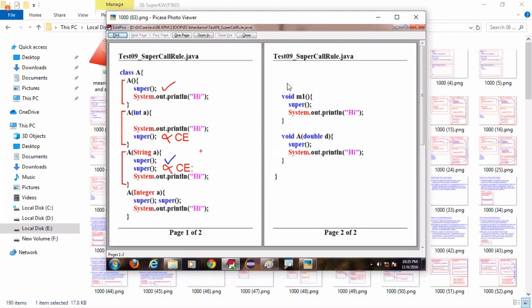Hey, you cannot place super parenthesis as a second statement. I'm not talking about single line, first line. I'm talking about second statement. A statement ends with a semicolon. Now, first SOPL, first super is right, second super is wrong. Compiler throws error.